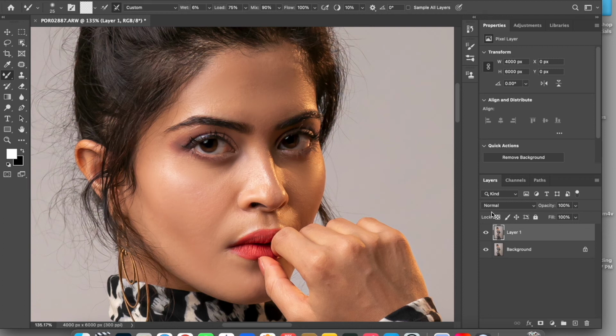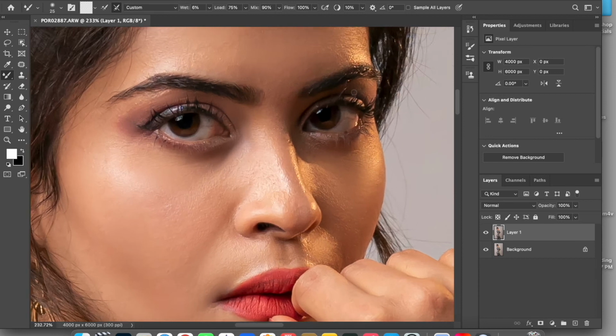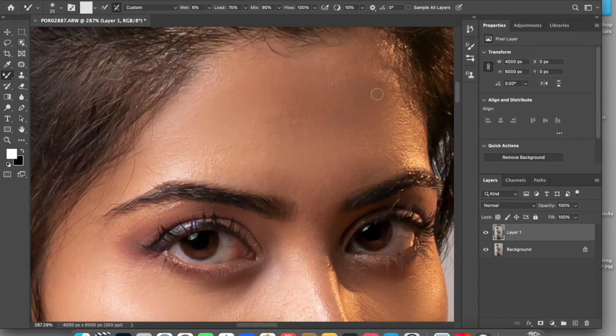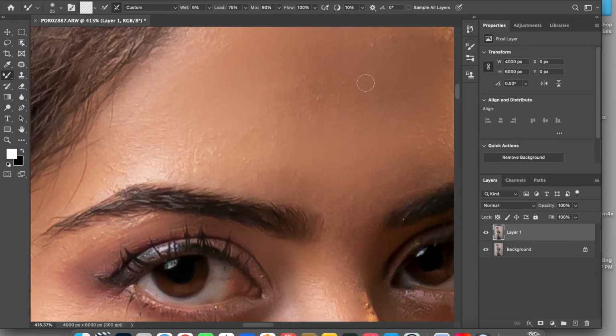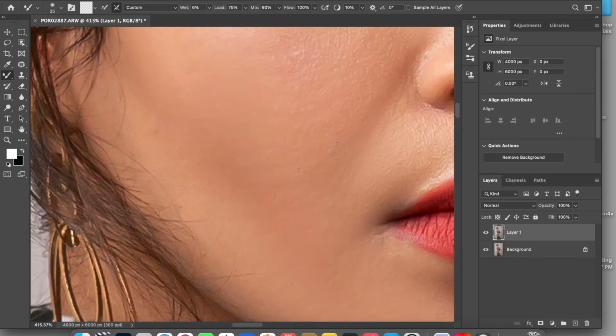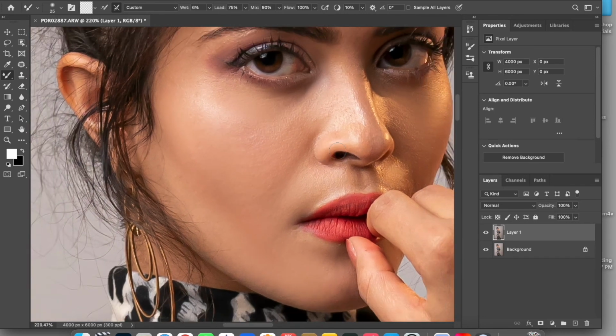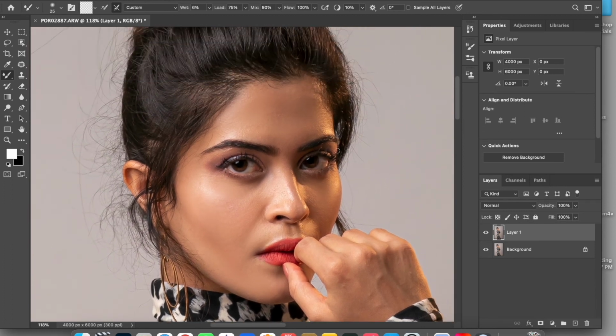I have done just a little bit, a touch of mixture brush, and from this image has turned out to this. Now that's the power of mixture brush. Once you're done with the mixture brush, you will definitely lose texture of the skin where you have used it extensively. Now if I increase the image, you see there are a few areas where I have lost the skin texture, and that makes me feel that this is done a little fake. This is like a painting.